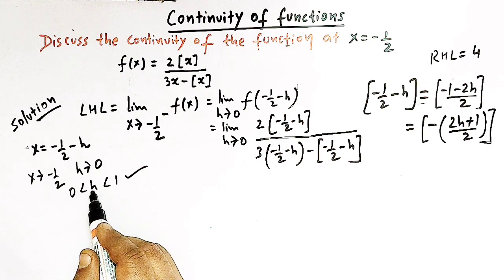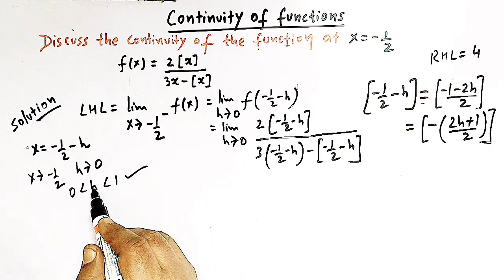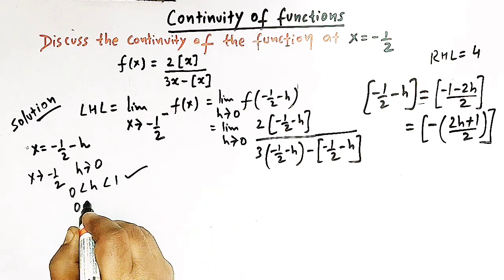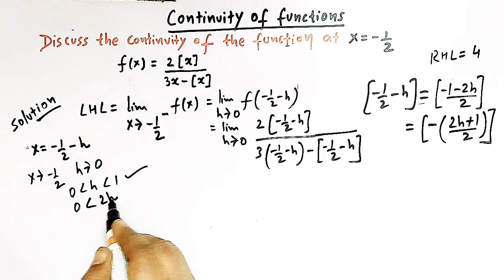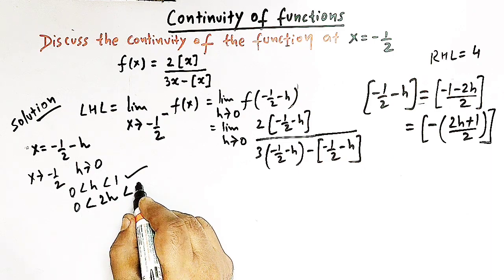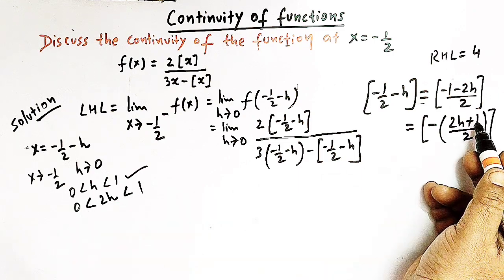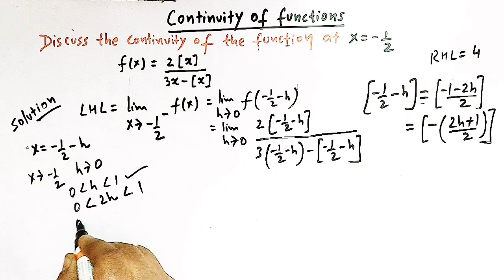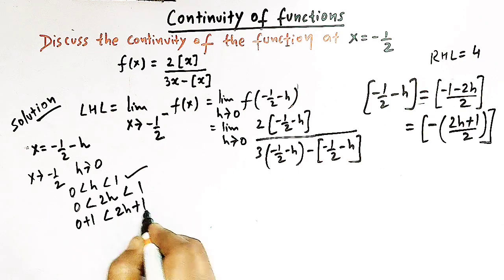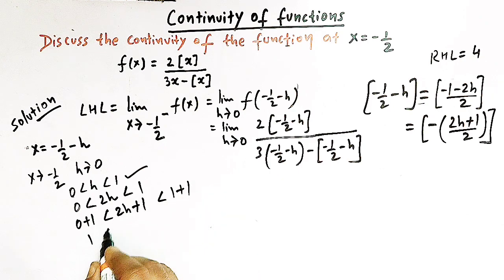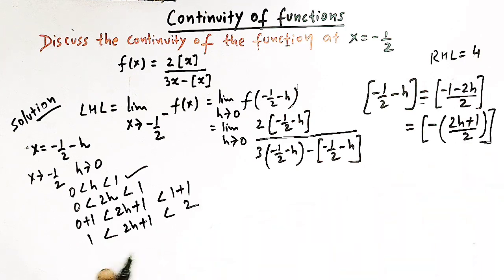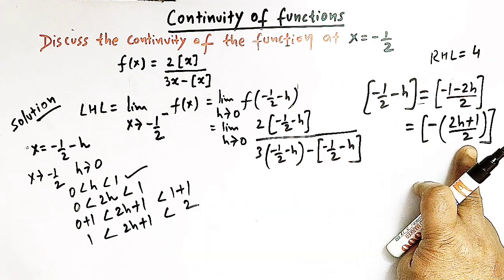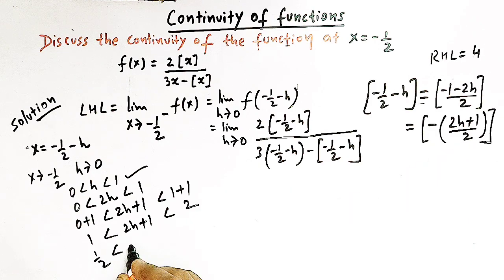So h is very small, infinitesimally small. h lies between 0 and 1. So the value of 2h, that is 2 times h, should also lie between 0 and 1. So now adding 1 throughout, we have 0 plus 1, 2h plus 1, and here we have 1 plus 1. So this is 1, 2h plus 1, this is 2, right? And let us divide throughout by 2. We have half, here we have (2h plus 1) over 2,